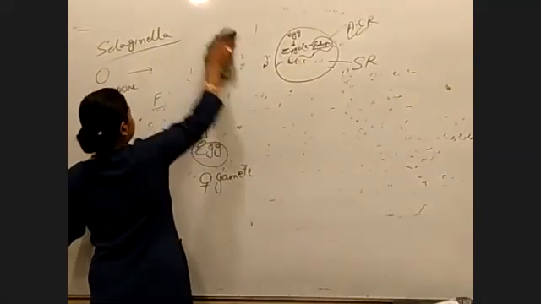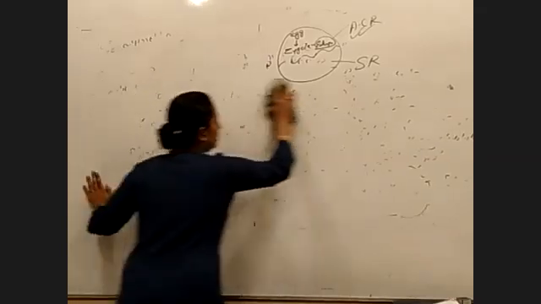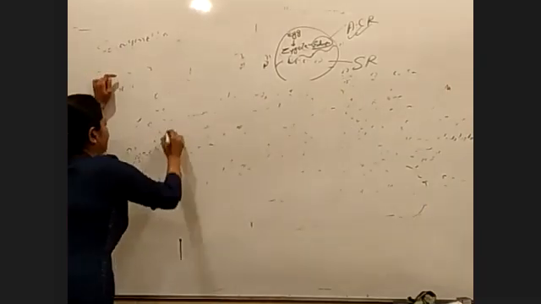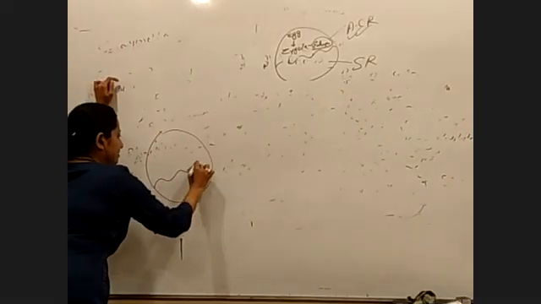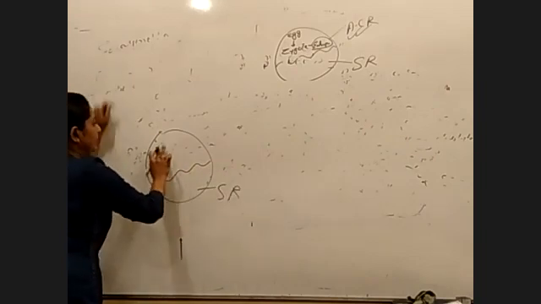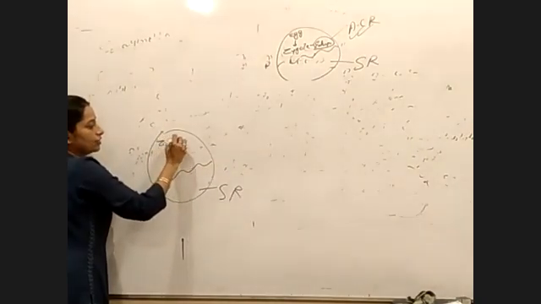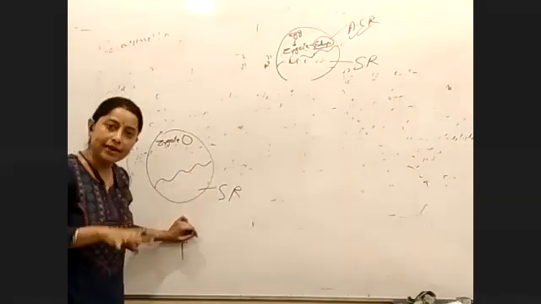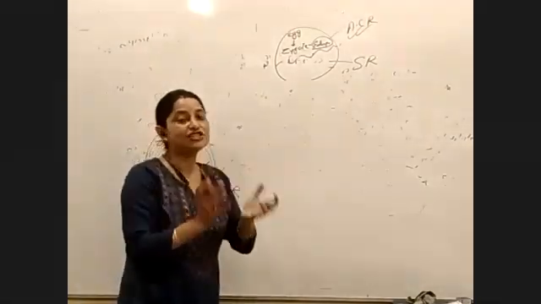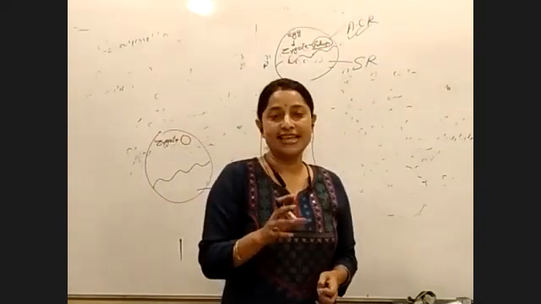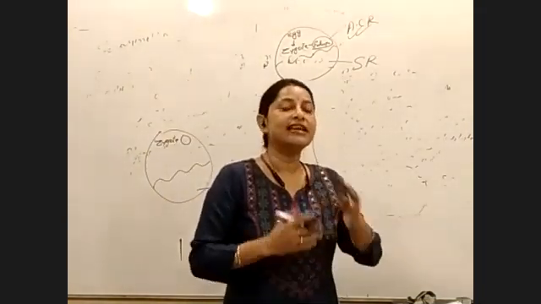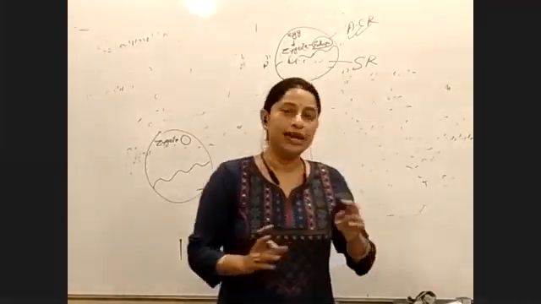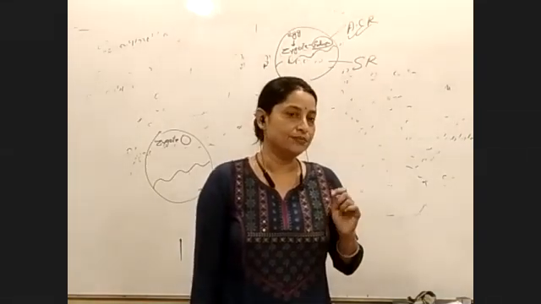Now, one important thing about embryo formation. This is, suppose, the storage region. What did we get here? Zygote. The zygote is single celled. What will the zygote form? The embryo. What is an embryo? A collection of cells. The zygote is a single cell with 2n ploidy. This cell undergoes mitosis, forms a collection of cells, and that collection is called the embryo. Do you know this concept?